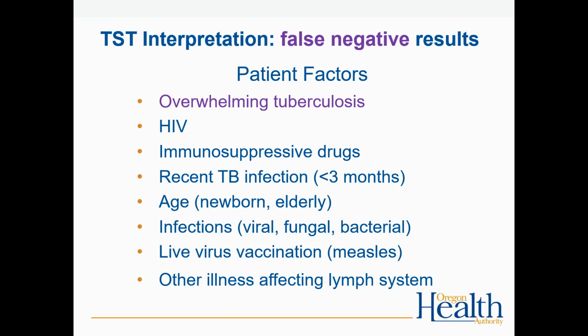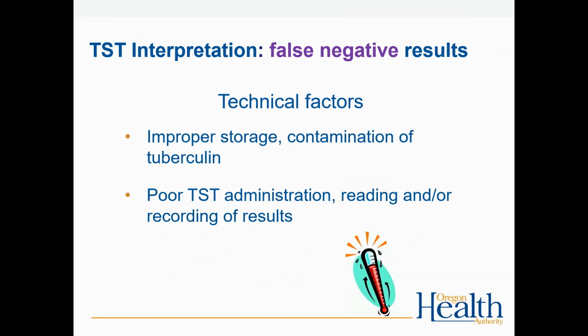But certainly HIV, if it's not well controlled, if they're already on immunosuppressive drugs, if they're old or if they're super young, other concurrent infections or illnesses. These are all reasons why people might have false negative skin tests or blood tests. False negative results or anergy, that's what we call this. Sometimes the skin test is weird. I've placed one on one arm before and put a different kind on the other, and you got different results. People have done those studies.